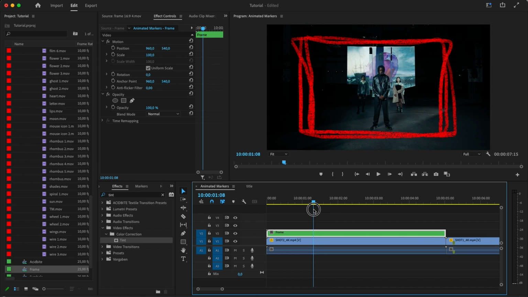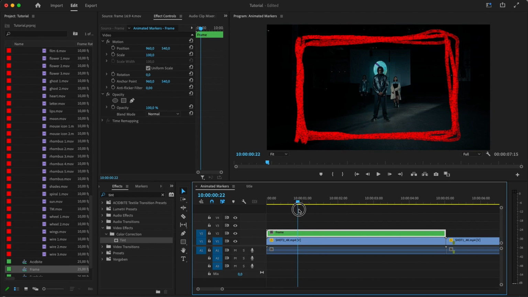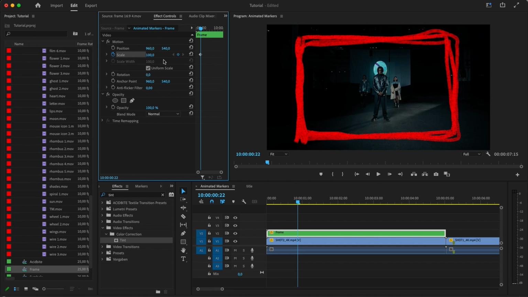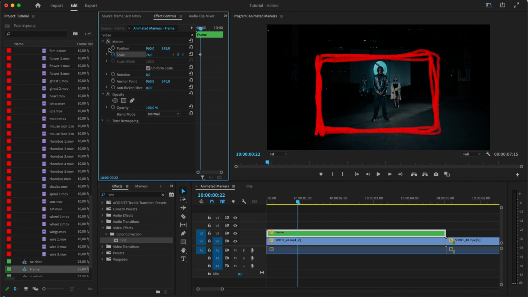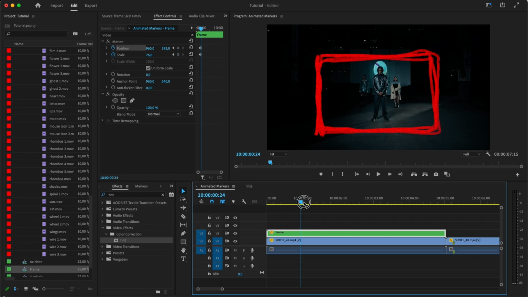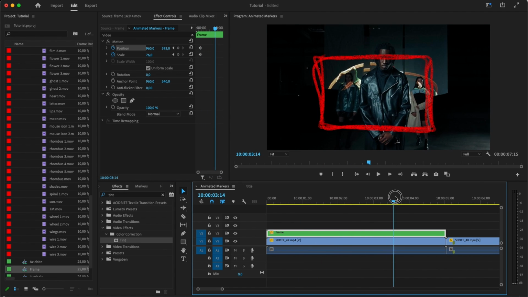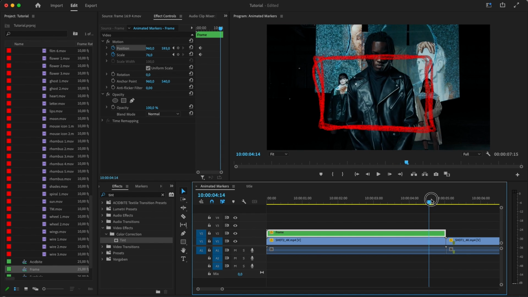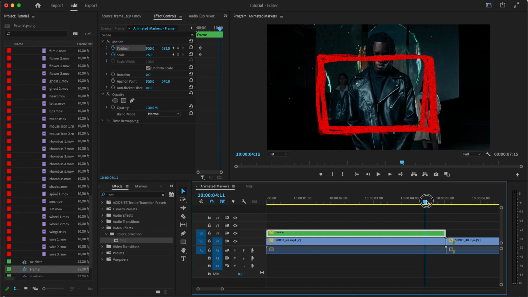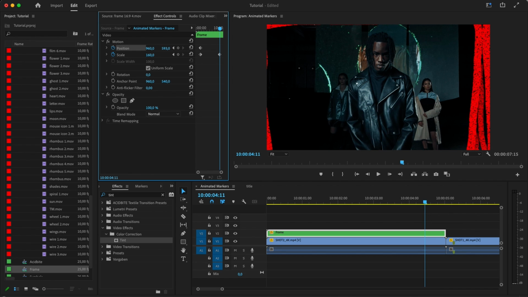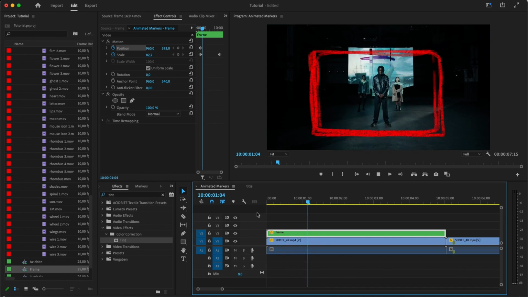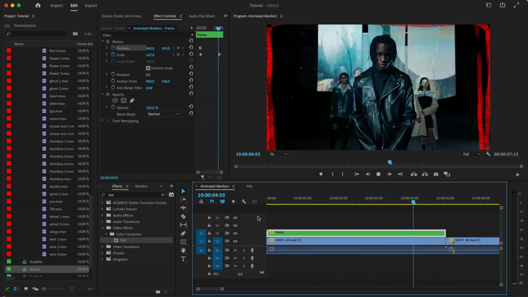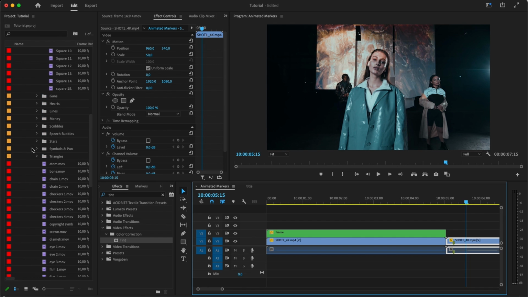Now, let's find the beginning of this push-in movement. The movement is starting right around here, and I'm going to make a scale keyframe right here. Then I'm going to scale it down because I want it to frame our characters a little better. I'll make a position keyframe as well. Then I'm going to scrub forward and find the end of this little dolly in, which is right around here. And then I'm going to scale the frame up, so that we feel like we've pushed into the frame here. So let's take a look at that. Yep, that's super easy, right guys?